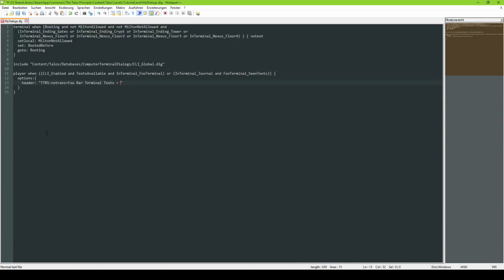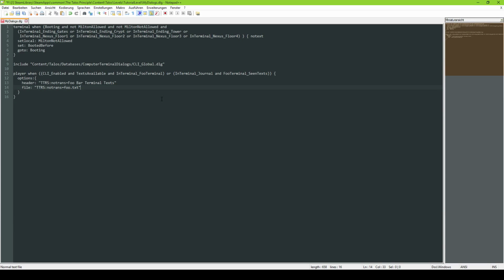That's probably the header for the terminal, for the journal. And then we're going to write the file, and the file is file, colon, and then ttrs.notrans again, and here you define the file name. So the file name is, how do we call this file? We call this